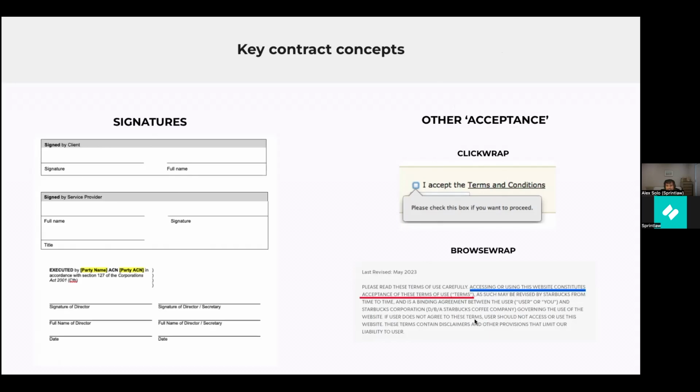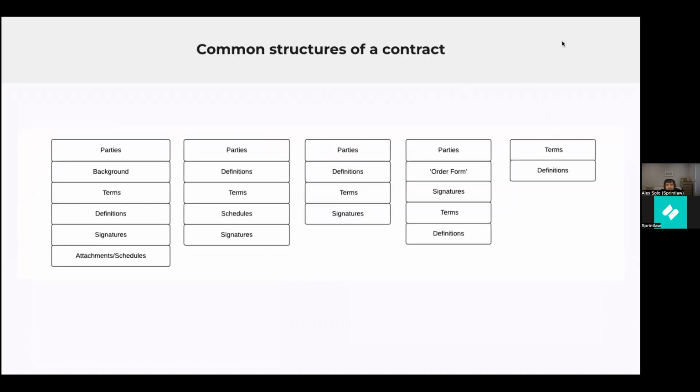And then these kinds of, "I've sent you a copy of my terms hidden, buried at the bottom of my website, and just by talking to me, you accept them." Those are probably the most risky case of getting a contract signed. So hopefully that is all making sense. Now I'll just quickly flick to